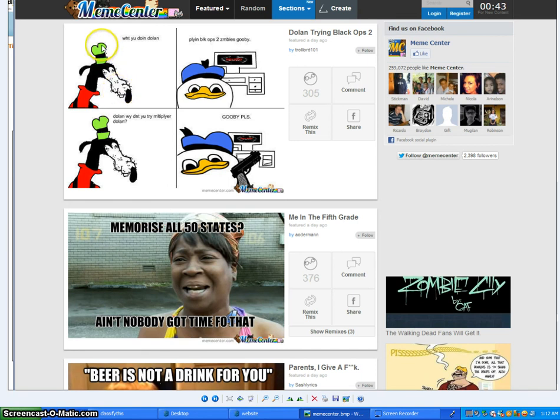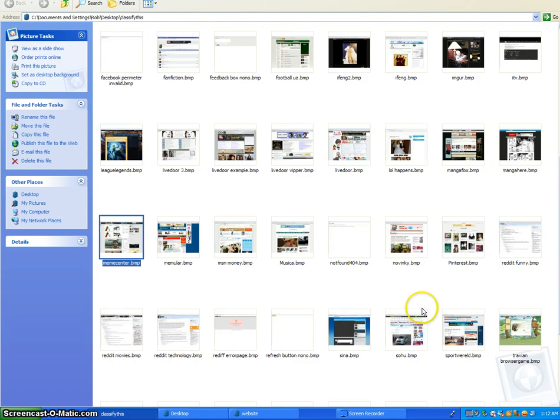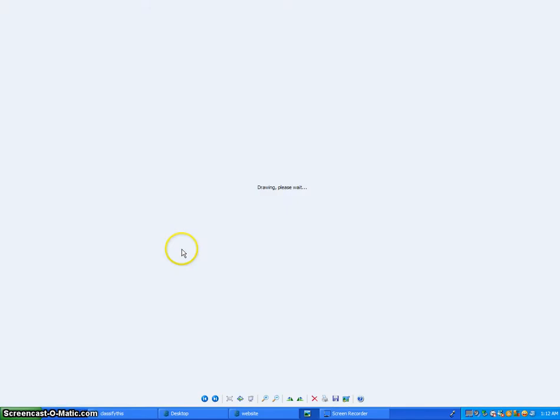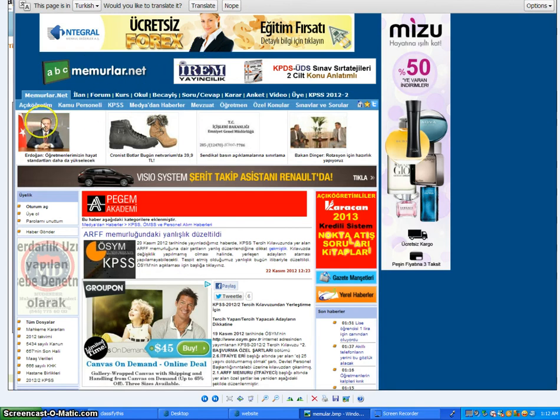Another one you'll see quite a bit, Mimi Center. That's exactly what I name it, and they fall into that criteria. They are a yes. This is Memular. That's what I name it. Memulurlar. That's all I write down for the name, and yes, it meets the criteria.